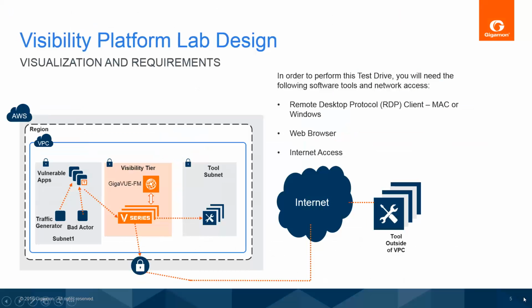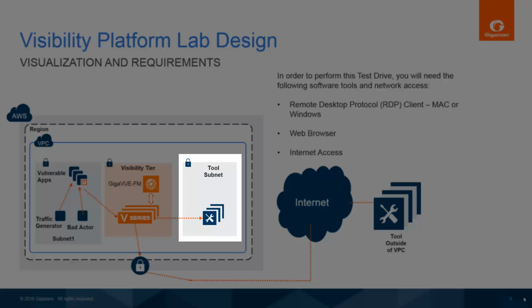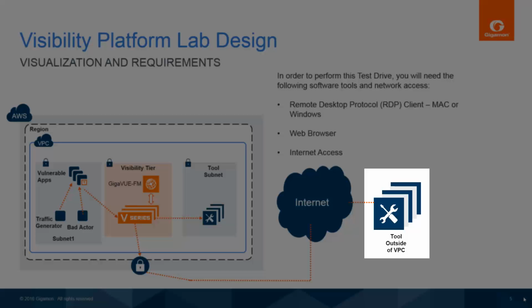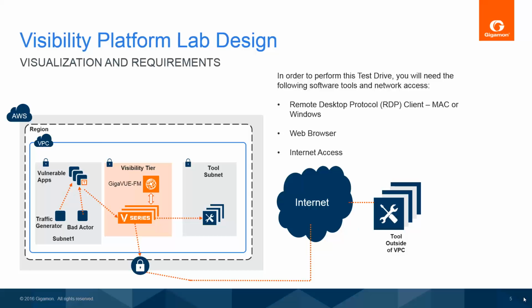This is an example of the test drive environment you'll be working in. This simulates having tools that exist inside of a VPC as well as tools that exist outside of the VPC. Inside the VPC, you'll have vulnerable applications that will be running the agent. In addition to that, you'll have some traffic generators. One, a good traffic generator. Another one will be a bad traffic generator so that we can have security tools determine good traffic from bad